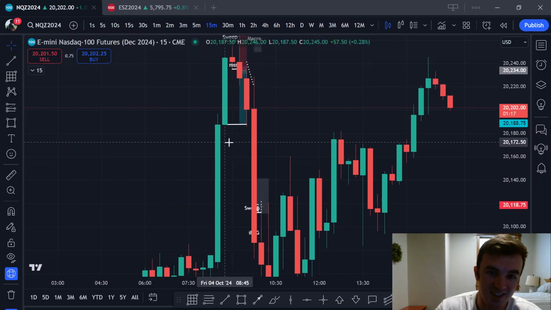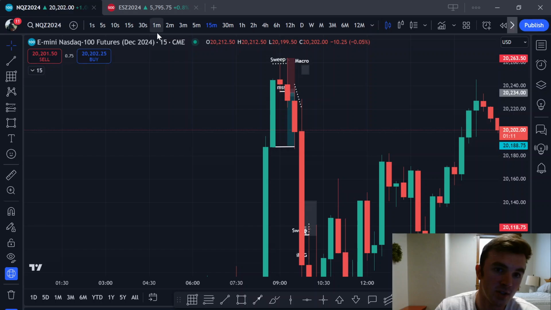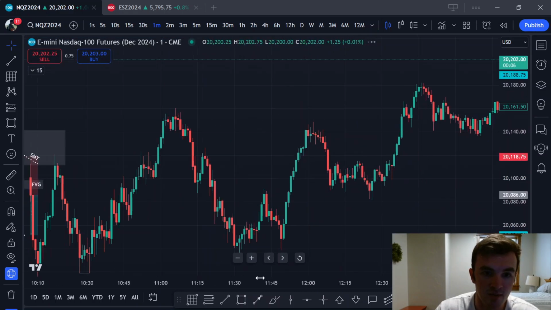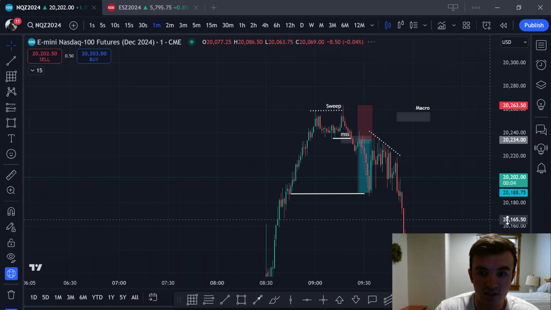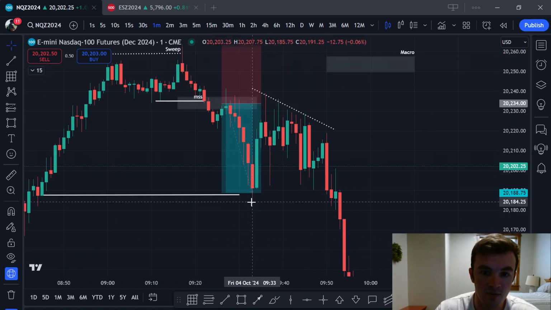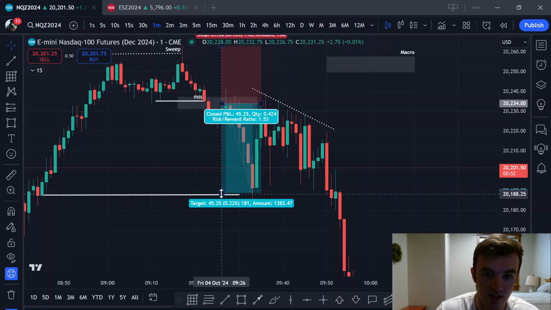So what did I think to do? I just said, what if we just target the low of this 15-minute candle, because there was no clear draw on liquidity, right? So I was like, let's just target the low of that 15-minute candle, and that actually was an amazing target for this trade. You can see right when we hit that low of that 15-minute candle, that was essentially the take profit for the trade, and then we got a reaction back to the upside. So that was a great place to take profit.